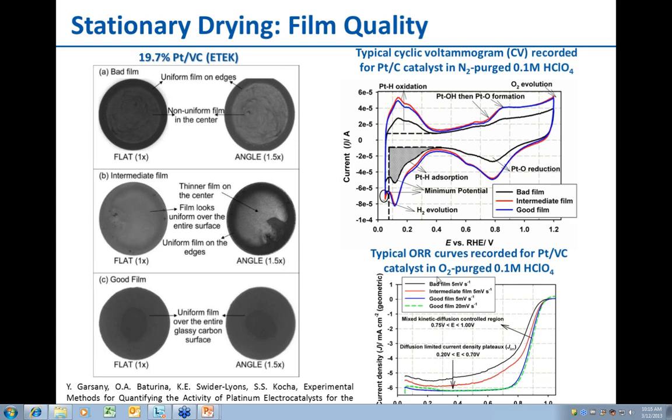And when you look at the ORR curve, you can clearly see that depending on how your film looks, your ORR curve is going to be very different. You might not reach the limiting current perfectly, and the values of current you're going to measure at 0.9 volt are going to be very different depending on how the film looks. So on the next slide,